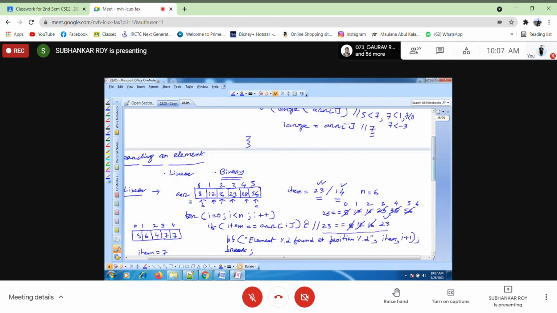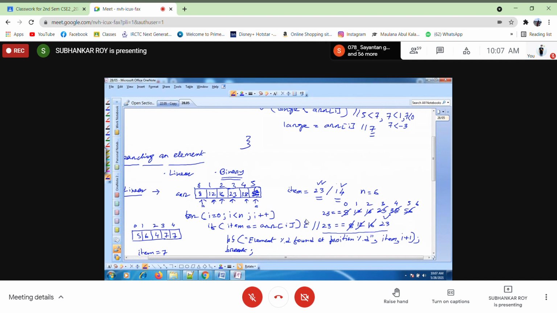Although the elements look like they are in ascending order, an element could be in any order. Instead of 16 here it could be 6 as well. Look here, if I write 6 here, then are they in sorted order?